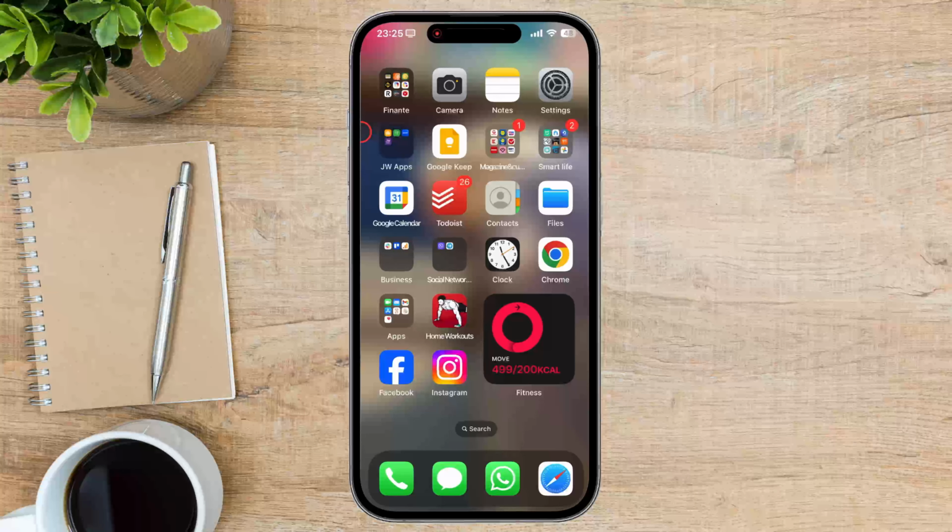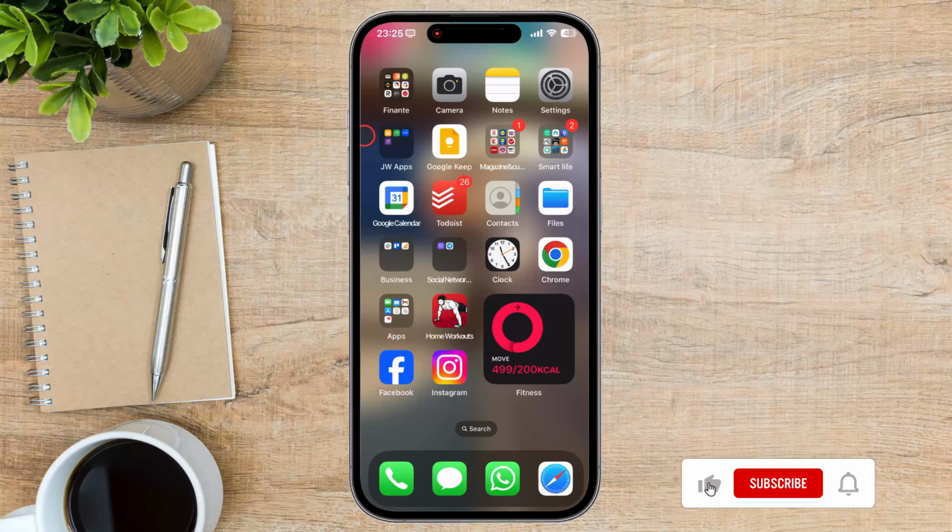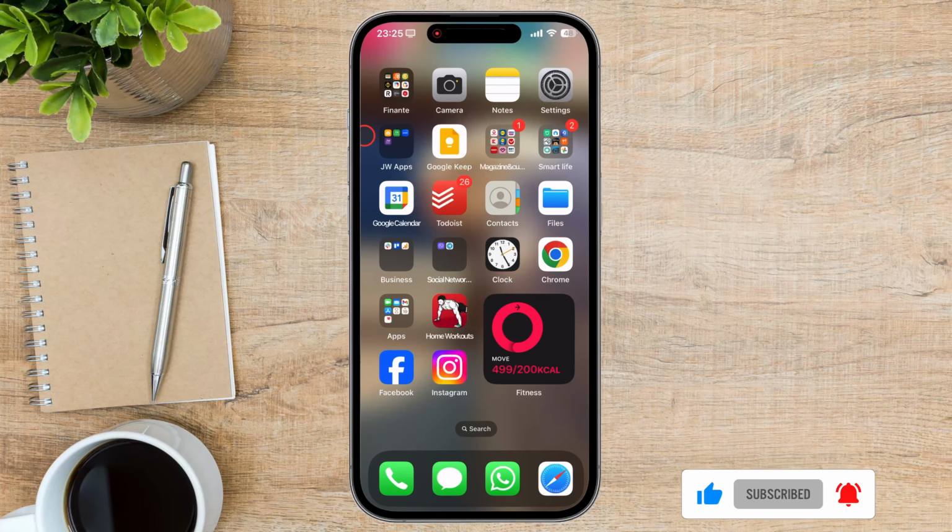Whether you accidentally hit delete or want to revisit a memory, this video will guide you through the simple process of accessing your Instagram deleted content. So, let's get started. First of all, please be sure that your recently deleted photos and videos are stored for 30 days before they're permanently deleted. So if you deleted something, please be sure to recover it before 30 days.